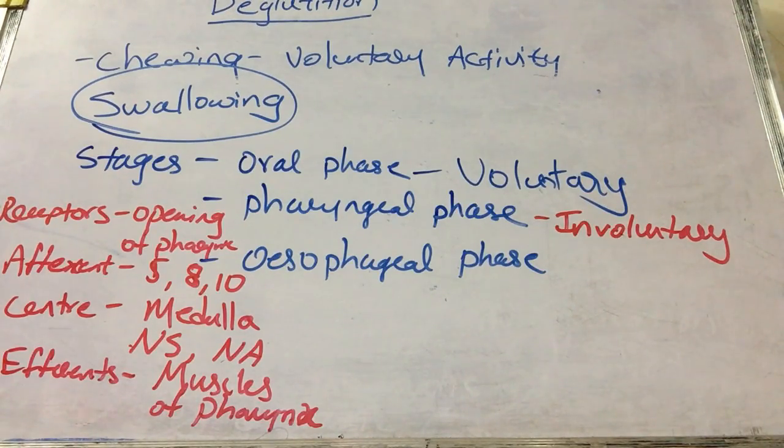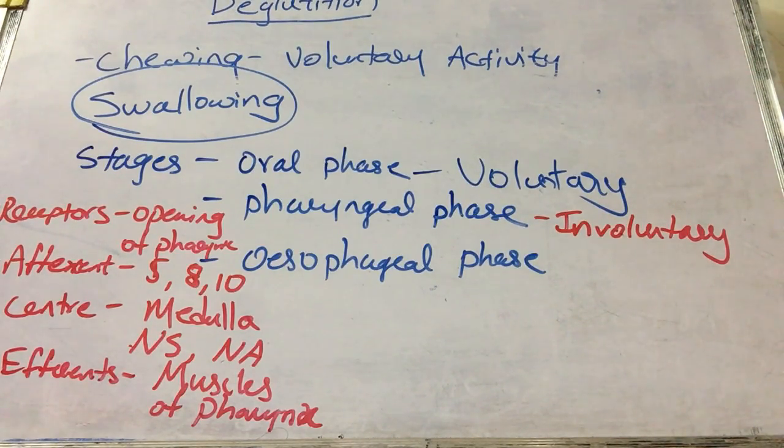So these vocal cords are closed because the respiration is inhibited at that moment, and the larynx is pulled upwards and forwards against the epiglottis, and these events prevent the entry of food into the trachea. And the superior constrictor muscle of the pharynx constricts, which forces the food to enter deep into the pharynx and then from there into the esophagus. And simultaneously relaxation of the upper esophageal sphincter occurs that allows the food to easily enter into the esophagus.